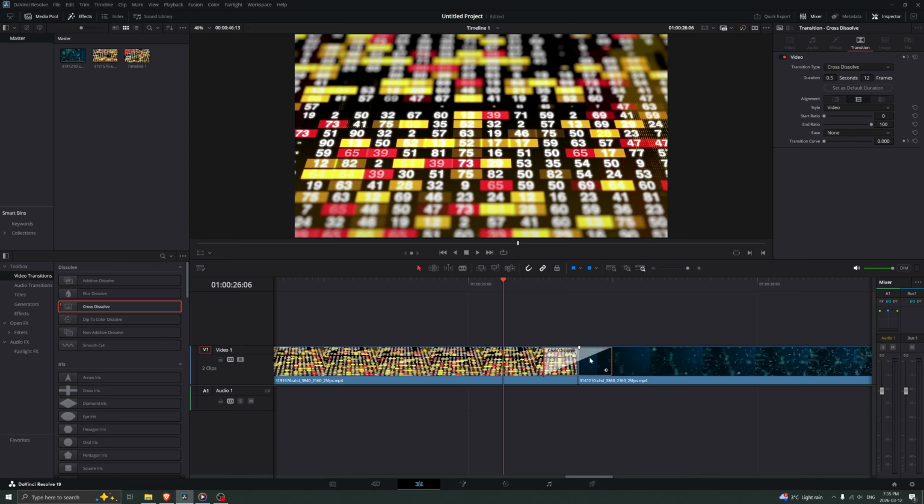Click on the transition on your timeline to open the inspector panel on the right. Here you can change the duration, alignment, and even modify certain behaviors depending on the transition type. For example, you can set a fade to start on the first clip, the second clip, or centered between the two. Adjusting the duration is as simple as typing in a new number or dragging the edges of the transition